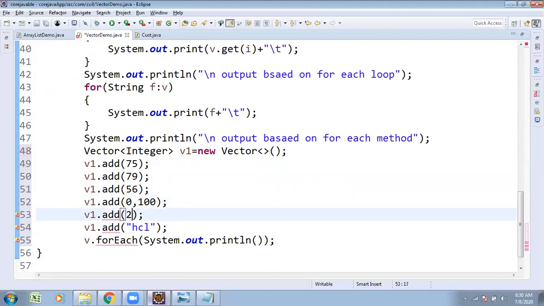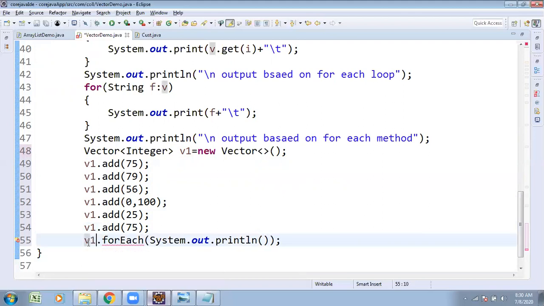This is 25. Some elements we wanted to store. After storing them, retrieval of data 75, and v1.forEach method of System.out.println.